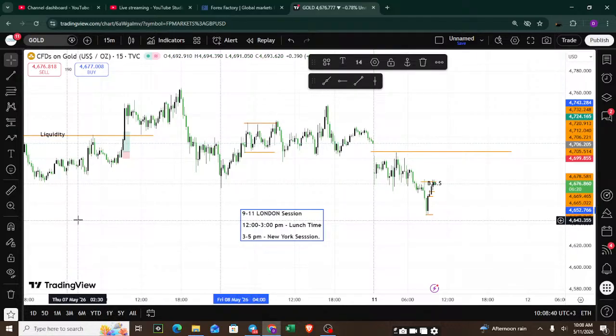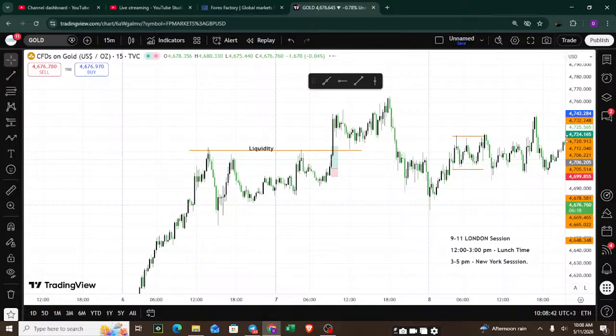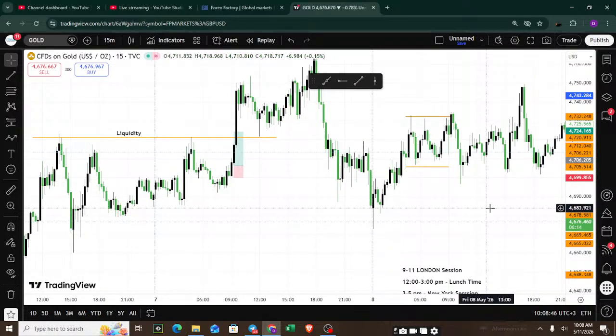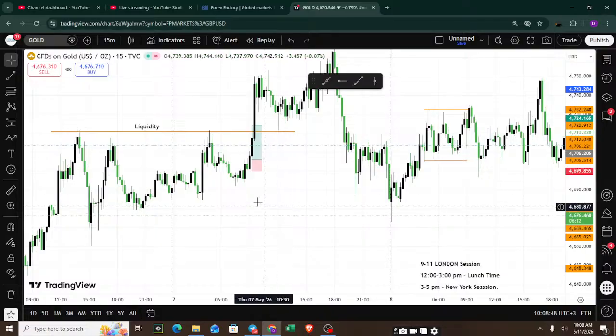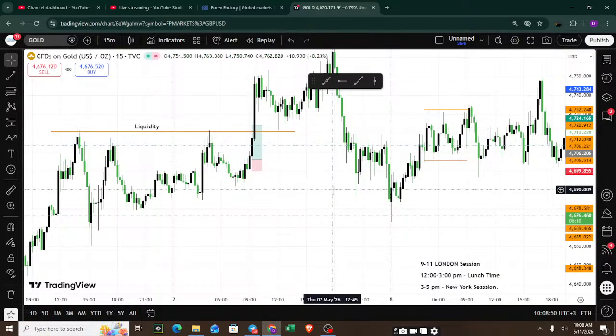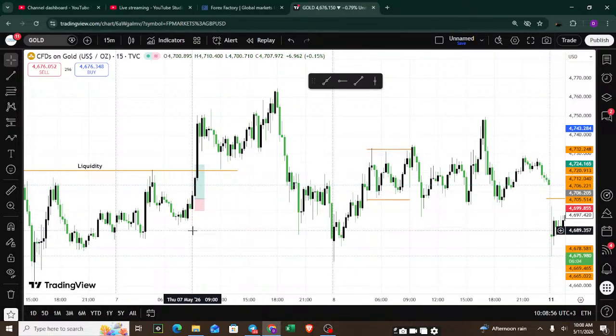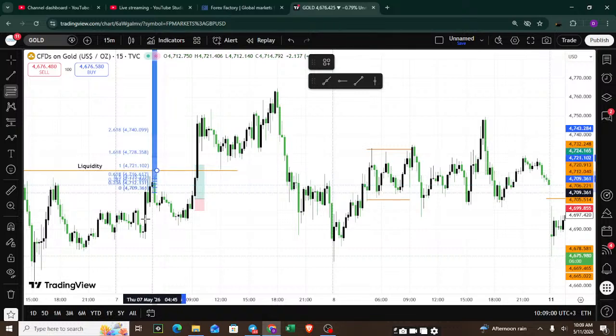For example, on Thursday, if you were live with me, we took a very good trade, and I'm hoping this week we are going to have at least 3 or 4 like these ones. A very clean trade, immediately get in. This is the trade which